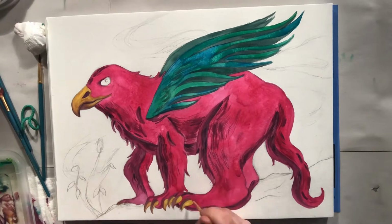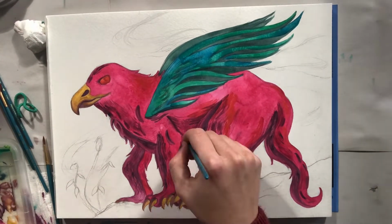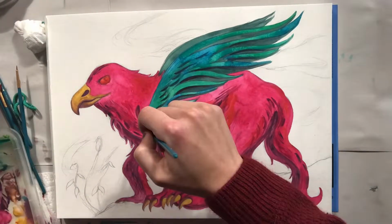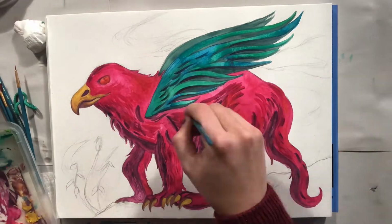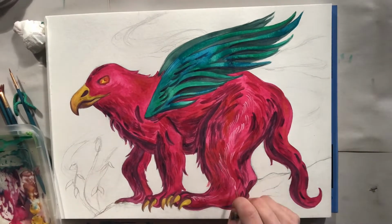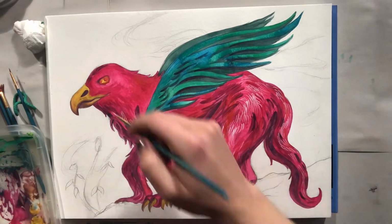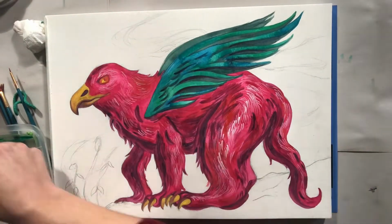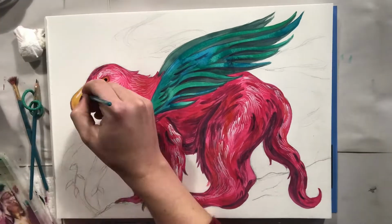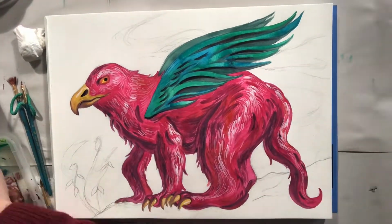Value and color are relative. Your shadows should read as darker and more neutralized, while your light sections can be brighter and more chromatic. Slowly work up to detail, beginning in the shadow sections and then building up to the light sections. Squint at your painting. Are you getting a sense of light and dark? Try different brushes. The fan brush is great for quickly adding a fur texture, and the round brushes are great for finer detail. I want to see the lessons from the color wheel applied to the way you are painting